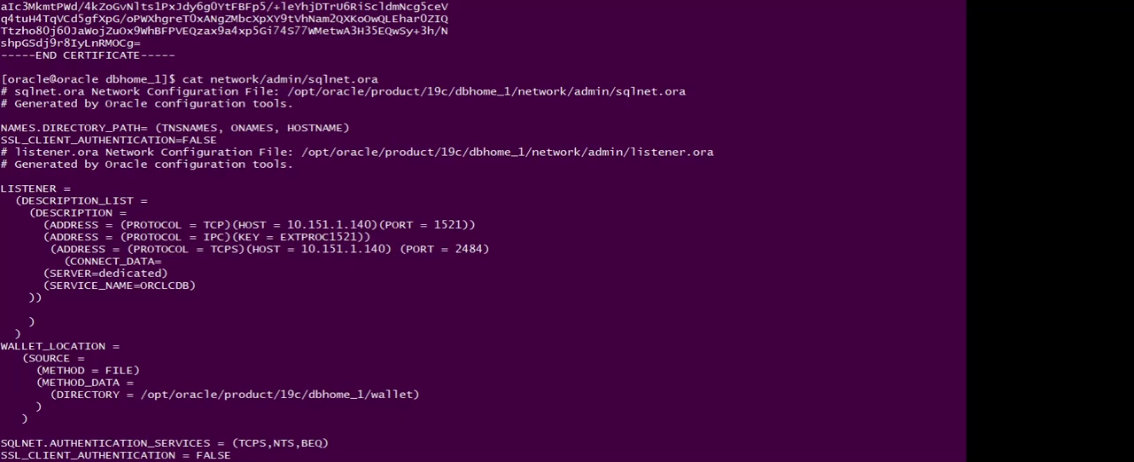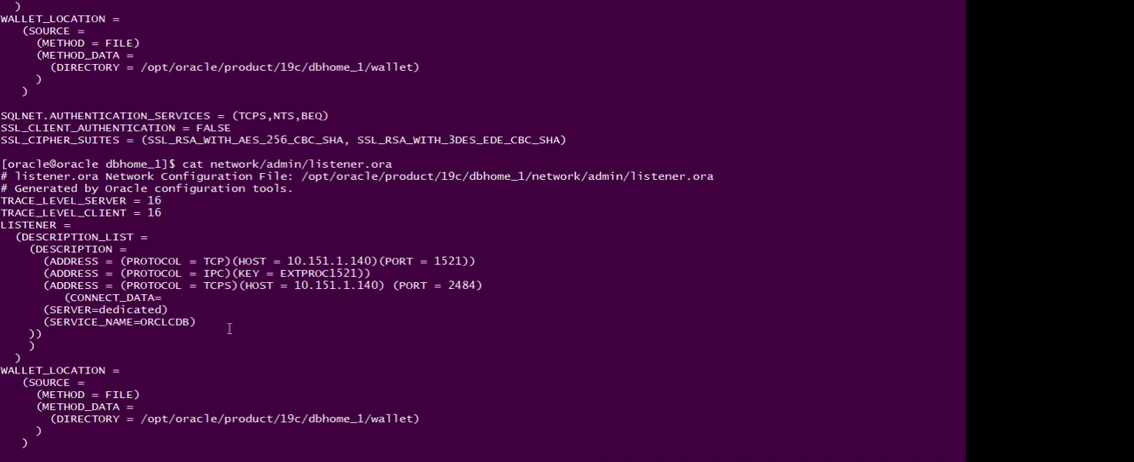Now, listener.ora. Okay. So the location of the wallet is here, and I have chosen the secure SSL over here. Okay, and the port I've chosen is 2484, and wallet's location is the same. So at this point,